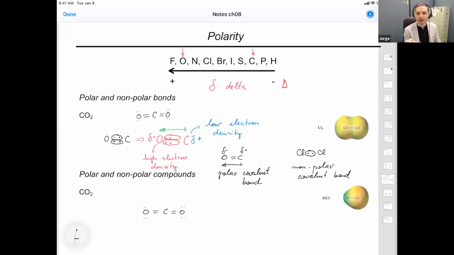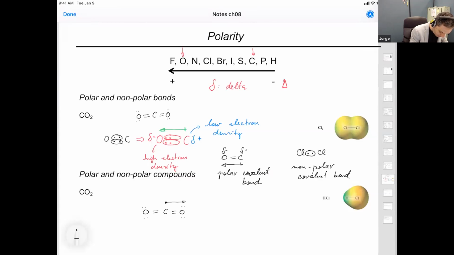We know that the carbon-oxygen bond is polar, and we also know that the vector points from the carbon towards the oxygen. Here I represent the vector for the carbon-oxygen bond on the right side,